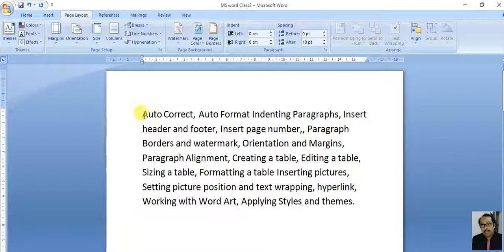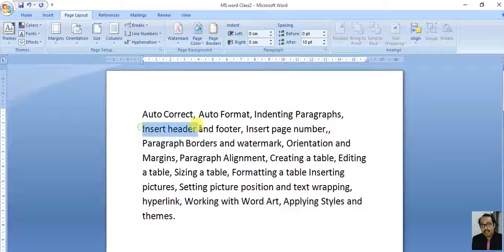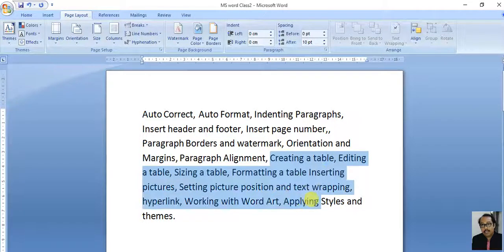In today's video, I'm going to discuss this content: autocorrect, auto format, indenting a paragraph, inserting header and footer, insert page number, paragraph borders and watermark, orientation, margin, paragraph alignment, creating a table, editing table, applying styles, and all these things that you can see in the slide. Correct? So start with